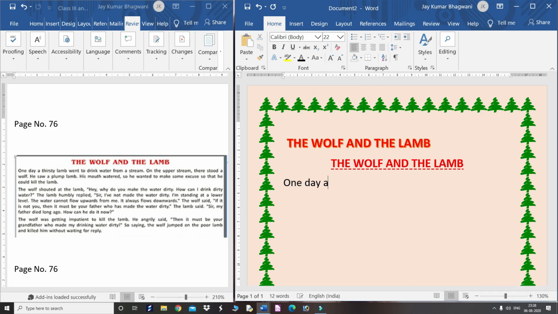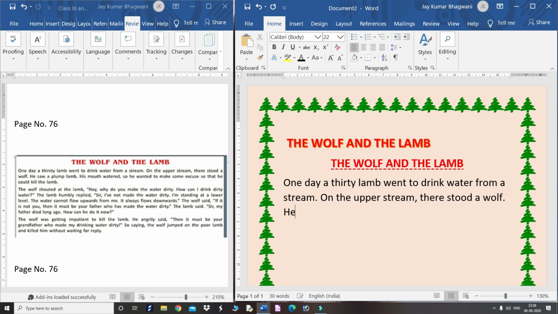So let me type some content here. One day a thirsty lamb went to drink water from a stream. On the upper stream there stood a wolf. He saw a plump lamb, and for typing, use both the hands.